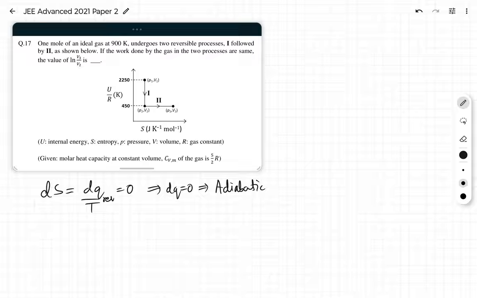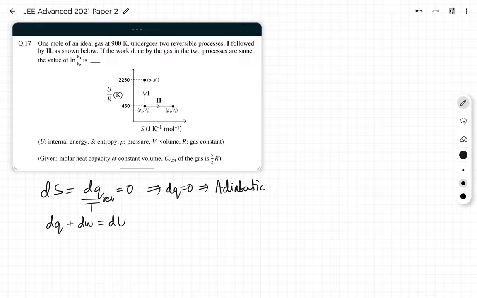And in the case of an adiabatic process, from the first law we know that the heat given to the system plus the work done on the system is reflected as a change in its internal energy. dq is 0, so the work done is the change in internal energy. So final internal energy minus initial internal energy. From the graph we can see that the final internal energy is U by R values are given. So final internal energy would be 450 R